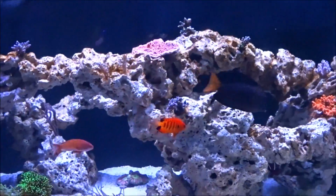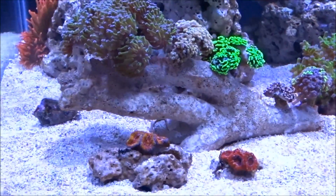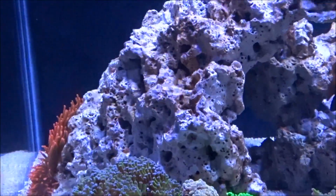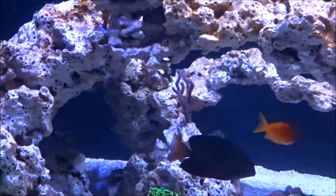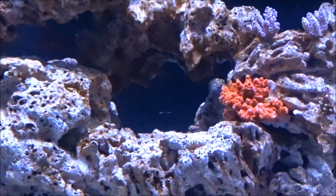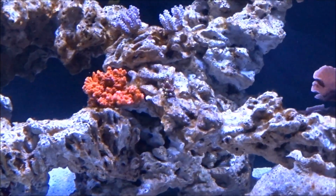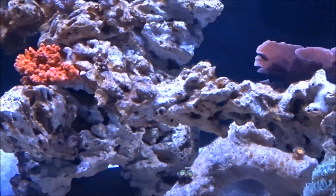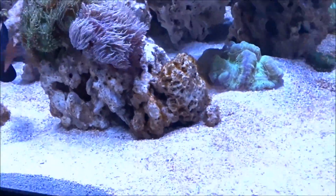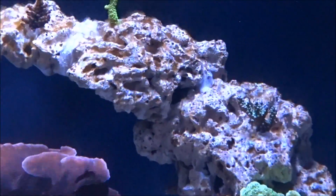Up here, the only issue I have now is I'm getting some light brown hair algae growing. I'm pretty sure it's me doing it, and there's not too much nutrients in the tank. I've never tested for more than 0 nitrates and 0 phosphates, but I am dosing my Zeovit supplements. I'm pretty sure you got to get that fine-tuned, pretty much perfect for what your tank is consuming. So I'll be working on that to see if I can get that dialed in a little better. I mean, it's not too bad. There's a couple spots that are getting